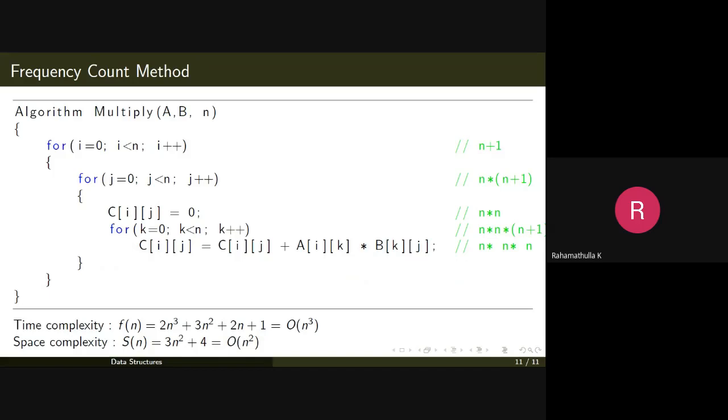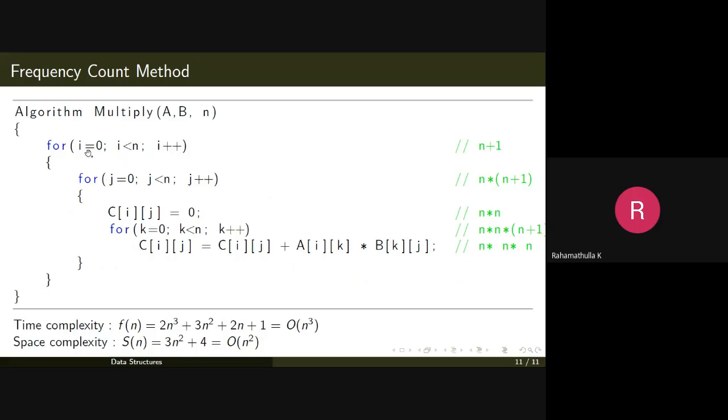So what I have been talking about was the time and space complexity, or analysis, of an algorithm. So you take the algorithm and you consider each statement in the algorithm and you check how many times each of these statements will be executed, and from that you develop a function which gives you the total time taken by the algorithm. That's it. That is what the frequency count method of analysis of an algorithm is.